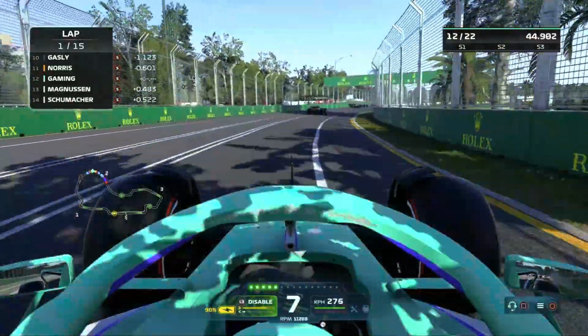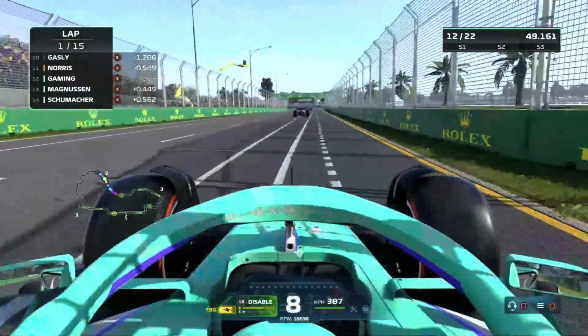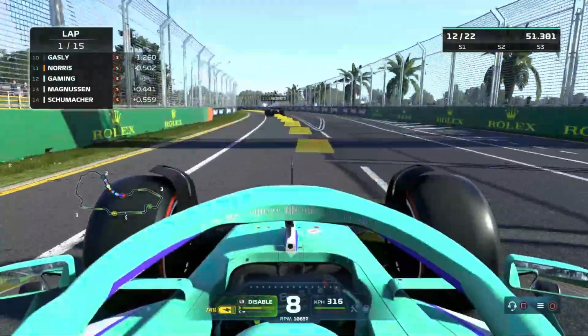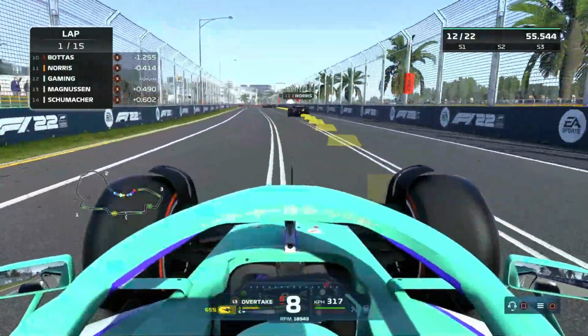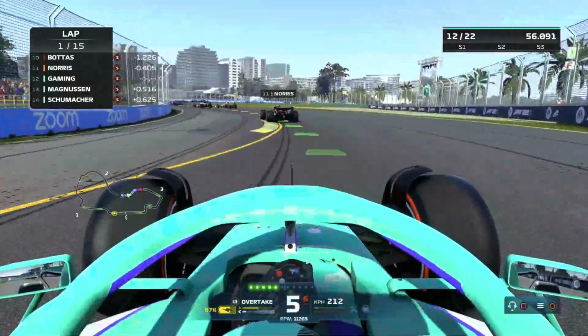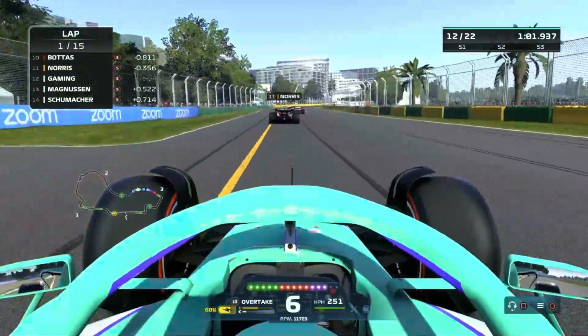We're trying to pull away from the 2 Haas cars behind us, but Magnussen got ahead of Schumacher, and now Magnussen will be bulleting towards us to try to get past us, as we're closing in on Lando Norris a small bit down here on this back straight. We go through the chicane. We cut that corner a small bit and take a bit too much curb there on the second part of the chicane,